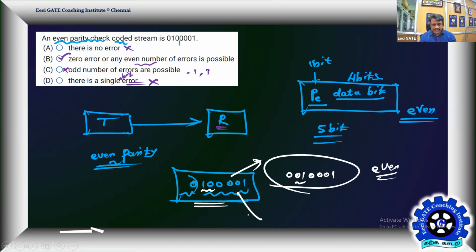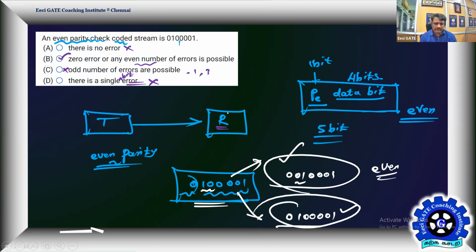If the code is received as it is, the receiver will feel the code received is without error, so it will take it for further processing. This code will be taken for granted. The receiver will acknowledge to the transmitter, okay, I got the right code, I'll take this code for granted and do further processing or storage. So when a 2-bit error happens, the receiver never knows.